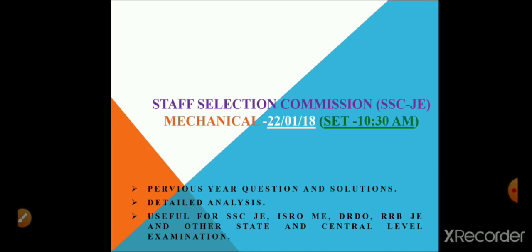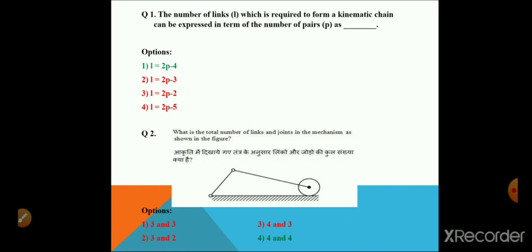Okay, let's start. Today I will discuss the Staff Selection Commission, which is SSC JE for mechanical, and the set number is day of 22 January 2018. Let's go to the next slide. Okay, here question 1: the number of links L which is required to form a kinematic chain